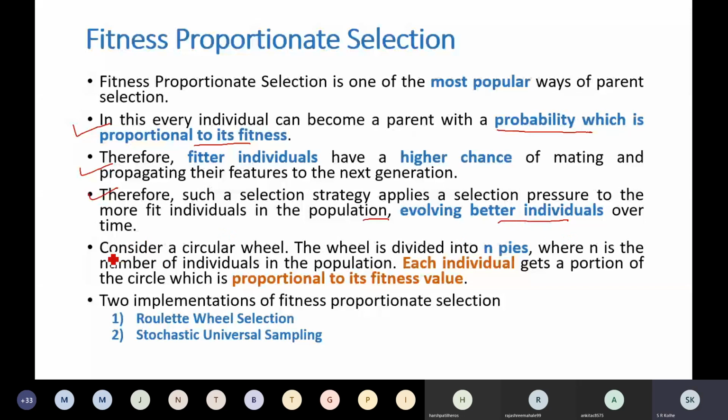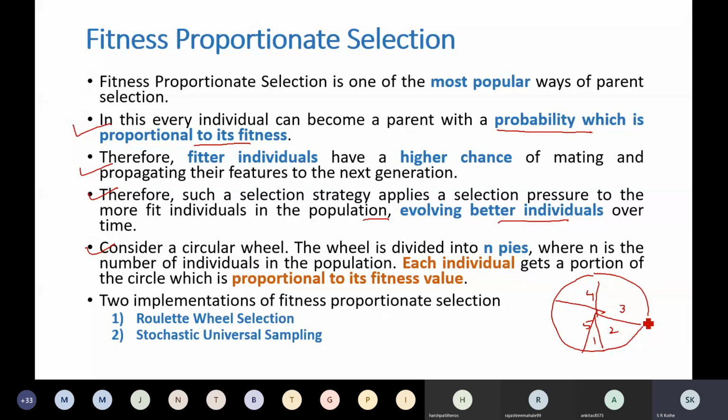Consider a circular wheel now. Think in terms of implementation. Consider a circular wheel, something like this. This wheel is divided into n pies. Divide this wheel into, suppose, 1, 2, 3, 4 and 5 pies.